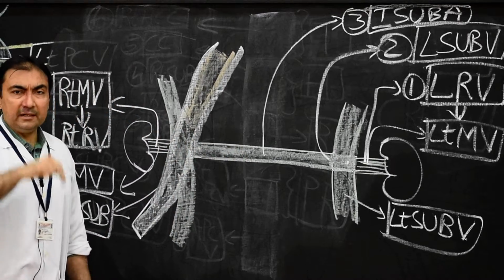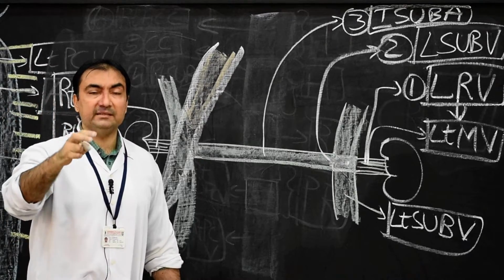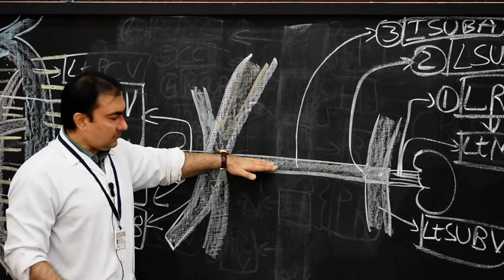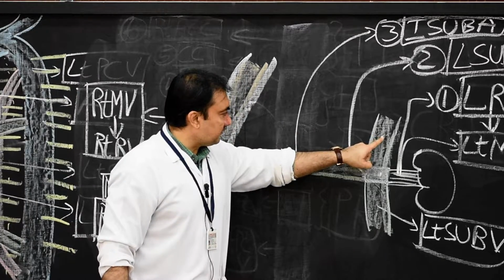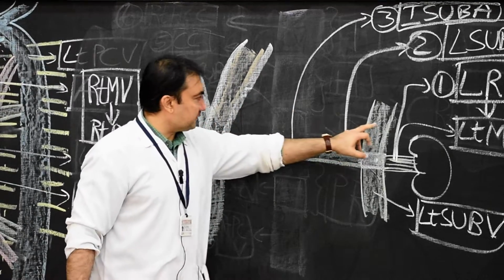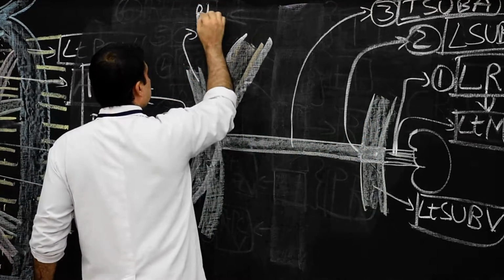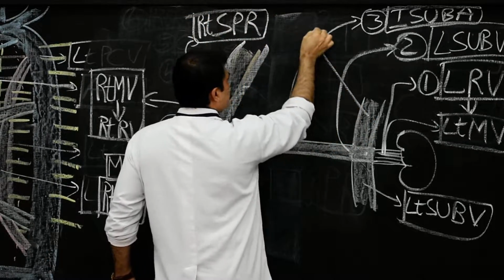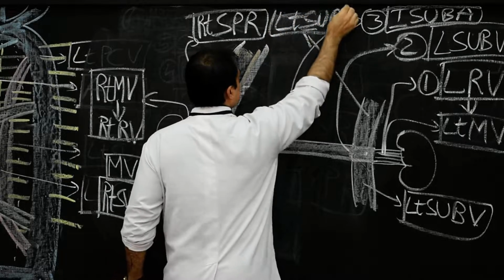Now what is left? Suprarenal veins. So very easy to remember. The right and left suprarenal veins are developed from the right and left subcardinal veins cranial to the transverse anastomosis, cranial to the intersubcardinal anastomosis. So the right subcardinal vein and left subcardinal vein, these two which are lying cephalic to this transverse anastomosis, will lead to development of the right and left suprarenal veins. And therefore you need to write here, this is the right suprarenal vein. And here this will lead to the development of the left suprarenal vein. This is what you need to mention.